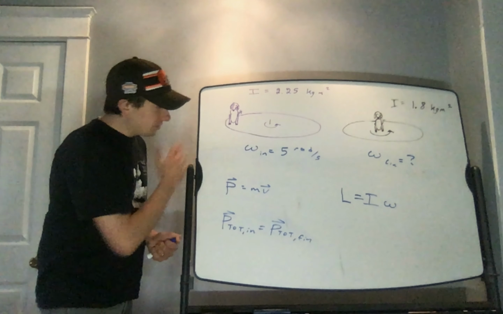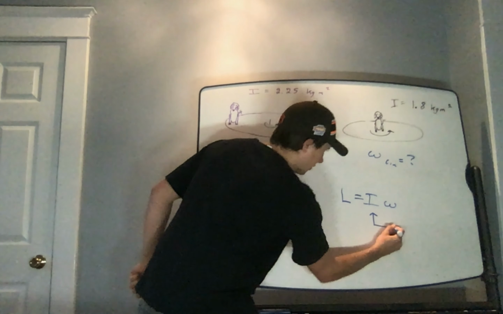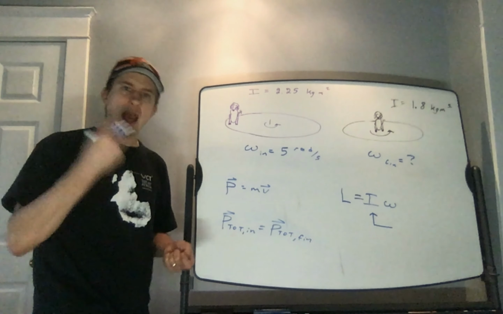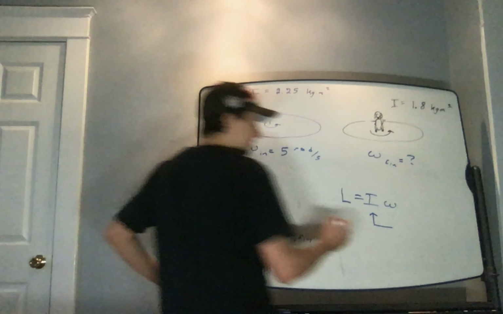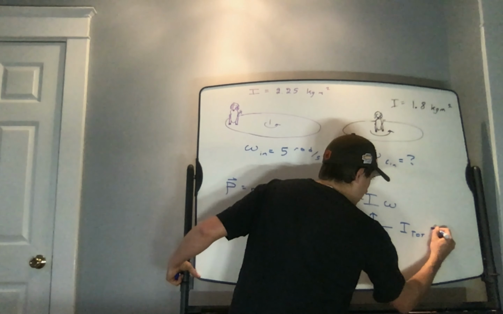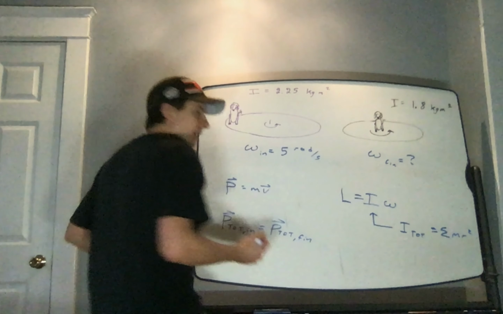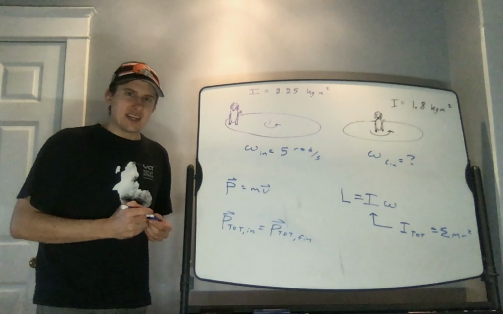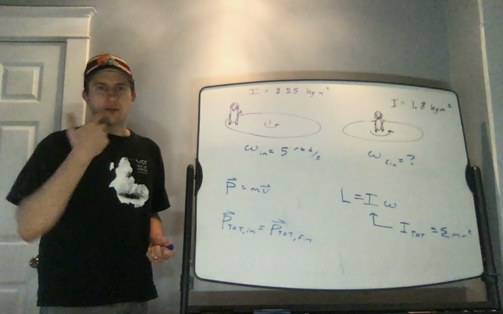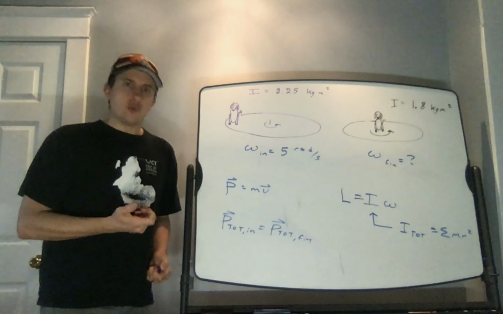Now, for the moment of inertia, I, we said that moment of inertia is the sum of mr squared of every atom that makes up our object. So I would write I total, in principle, is written as the sum over mr squared. In this example, we do not know what the mass of the dog is. We don't know what the mass of the merry-go-round is, how big they are,